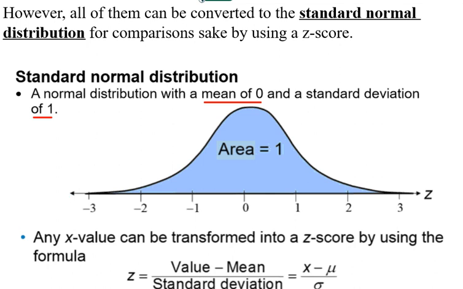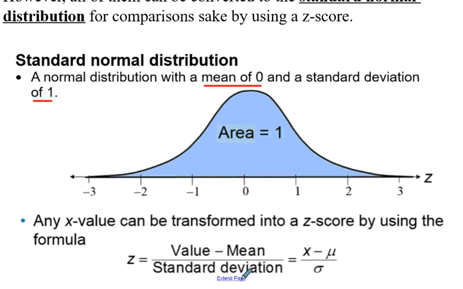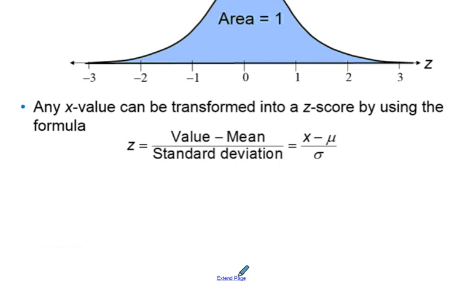We can then calculate what we call the z-score to be how many standard deviations away you are. And we did this back a few chapters ago. The z-score is simply the value minus the mean. This tells me how far away I am from the mean. And then if I divide by what one standard deviation is, it will tell me how many standard deviations away I am. So the z-score is simply the number of standard